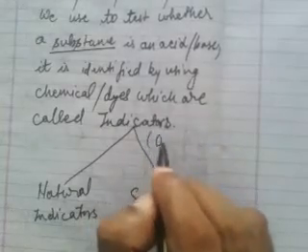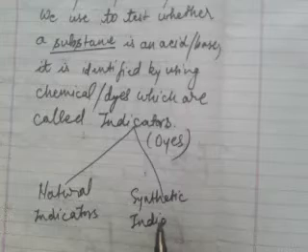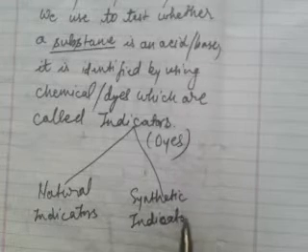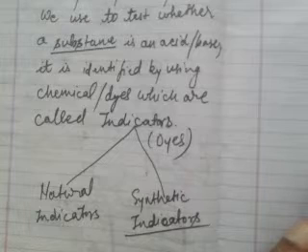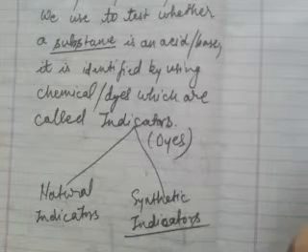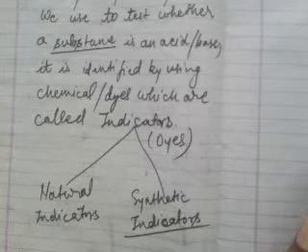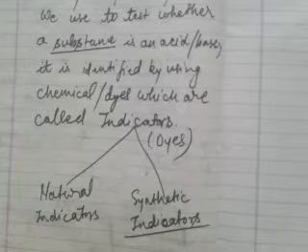These are the dyes or chemicals. Synthetic indicators are obtained from the chemical combination of substances, but natural indicators are